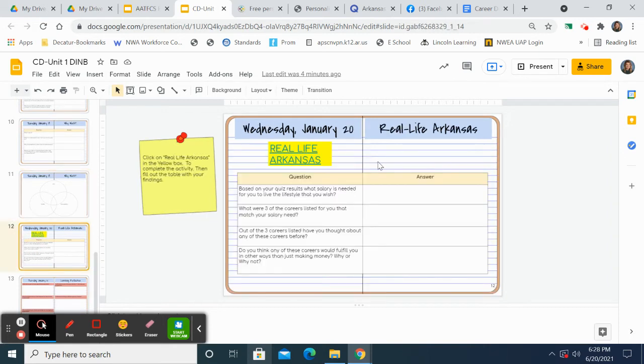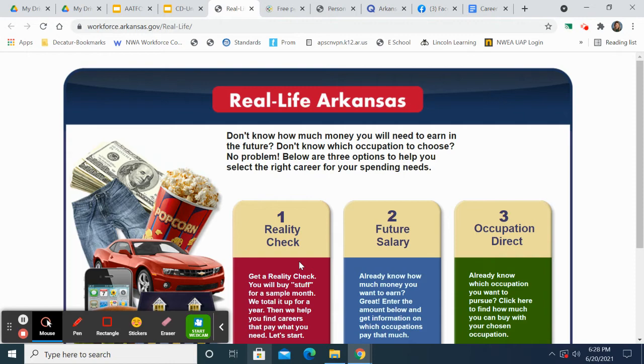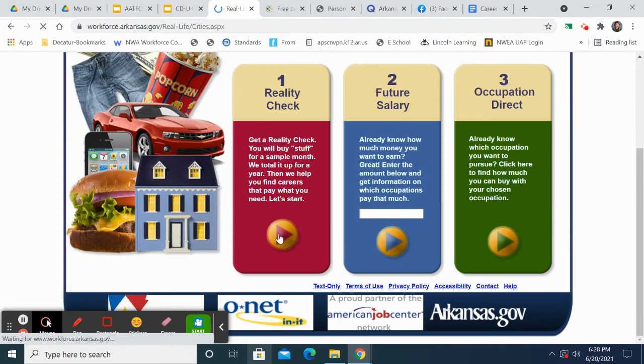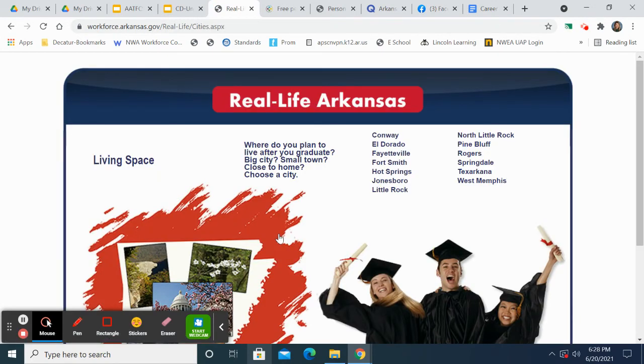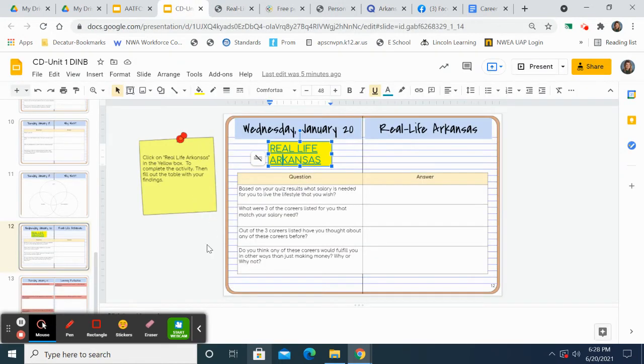I also have my students complete the Real Life Arkansas, which, if you have not done this before, I have them do the reality check. So this lets them know what their future salary, based upon their interests and their wants and their needs and their desires, how much money they're going to need to make. Now, I will say